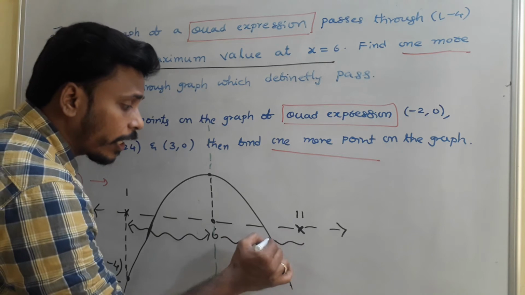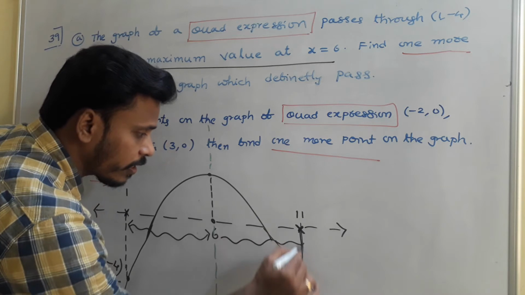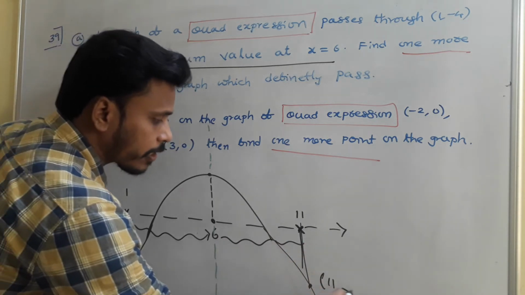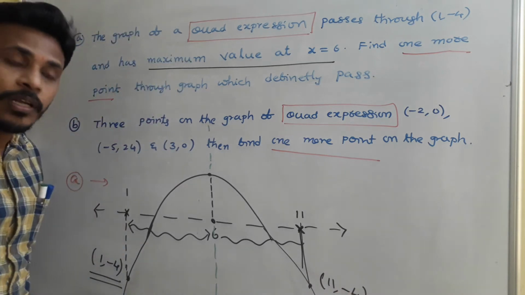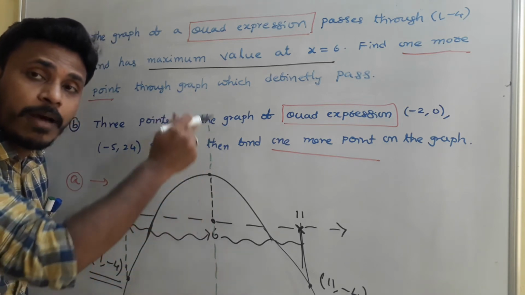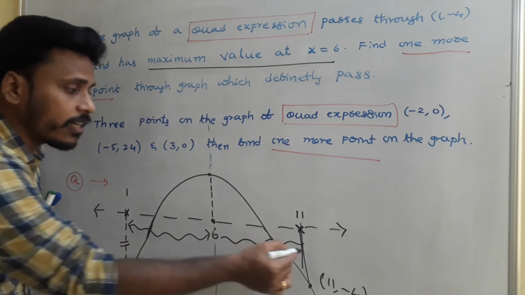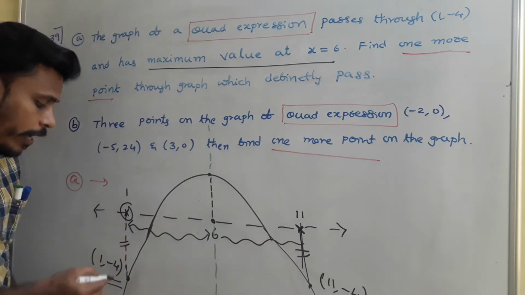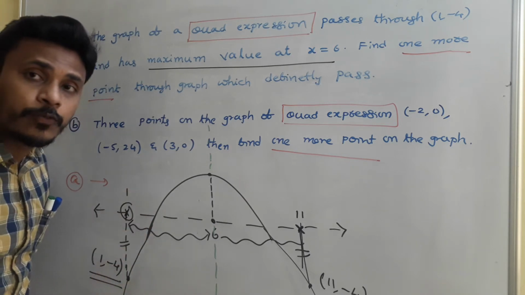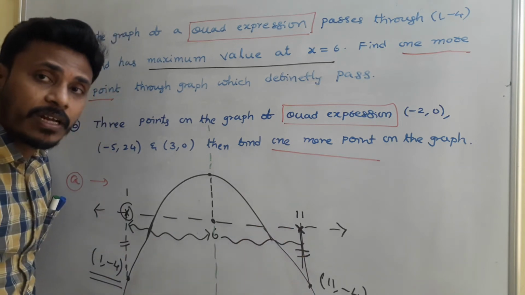And again corresponding to this 11, if you try to locate a point on the graph of this expression, see, the graph is again just in the same length, same height from the x-axis, and that point is (11, -4). Since about the line passing through the maxima or minima the graph is symmetrical, these two heights are equal, and that's why at this value the point on the graph is (1, -4). Similarly at this value, the point on the graph is (11, -4).